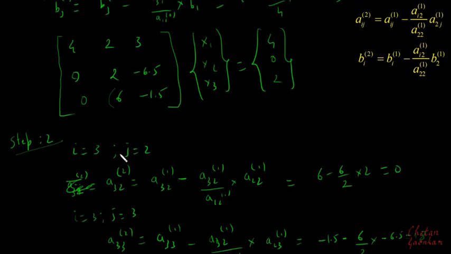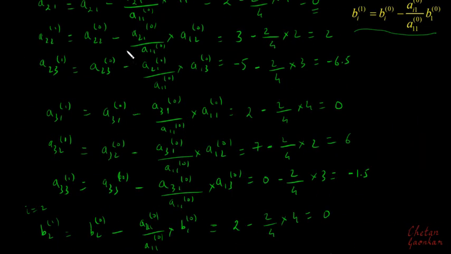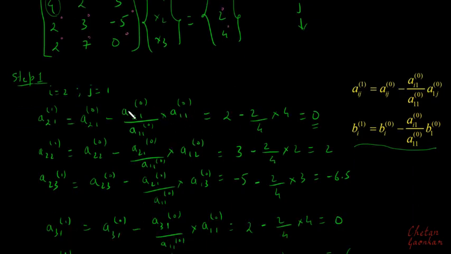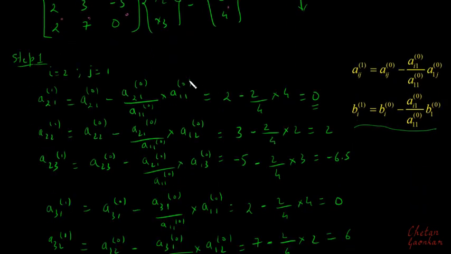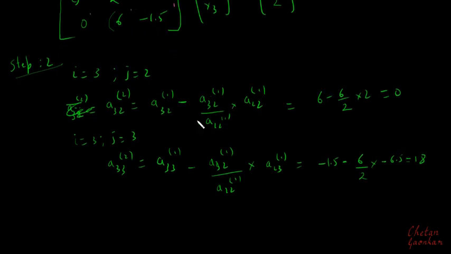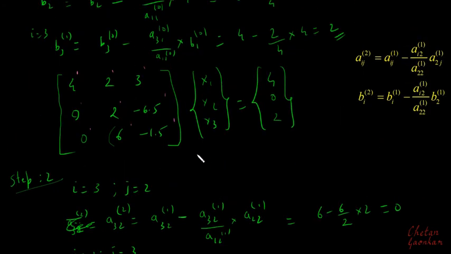If you are getting confused with this 2 and 1, after step 1 you can just write this subscript as 1, and this could have been subscript 0, just to make sure that whatever zero values we are entering are from the original matrix, whereas these 1 values are from the matrix which we have obtained after step number 1. And then similarly, we have here a33 is done.